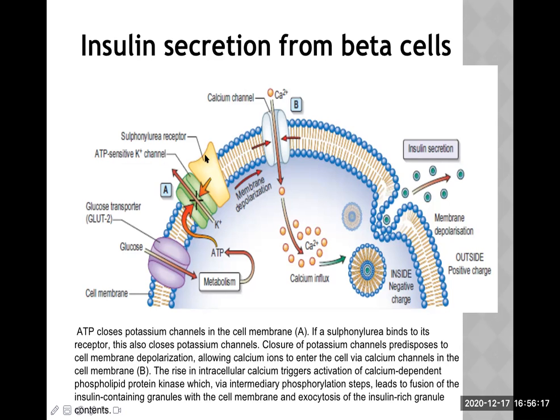So it will bind to its own receptor, and after that, okay, it will close the ATP sensitive potassium channel. Now this potassium channel is closed. There will be membrane depolarization, and all the mechanisms are similar, and ultimately there will be release of the insulin. That's why if we give sulfonylurea in type 2 diabetes for a long time, what will happen now? The person will gain weight because of the effect of this insulin release. Insulin is an anabolic hormone, so if it keeps on releasing, then it will lead to weight gain.